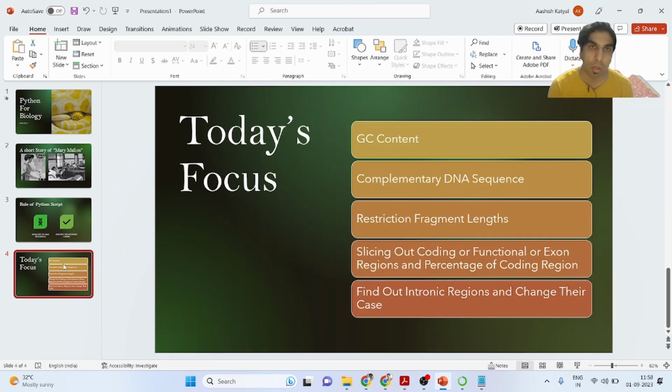Also, today's focus of our study is writing 5 different Python scripts to find out the GC content. Why GC content? It is important because, in the story I told you earlier, at that time we could not predict GC content, as the technology was not there, but right now we can predict whether a particular DNA sequence consists of a pathogenic DNA sequence, the functional DNA sequence, genes,